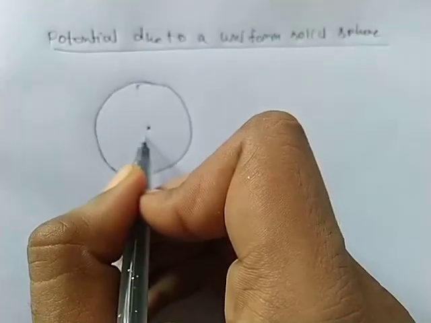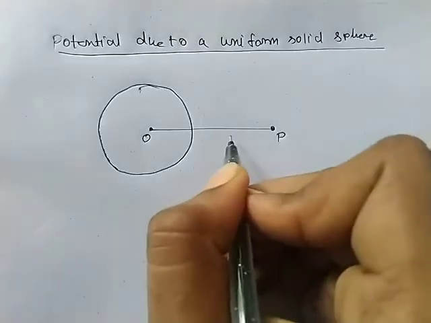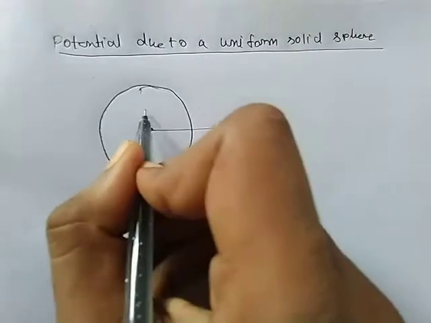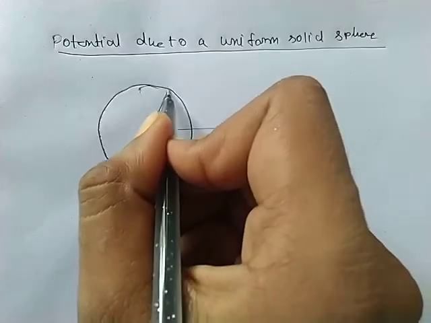This is the center O. This is the outside point P at which we will be measuring the potential, and this sphere has a radius